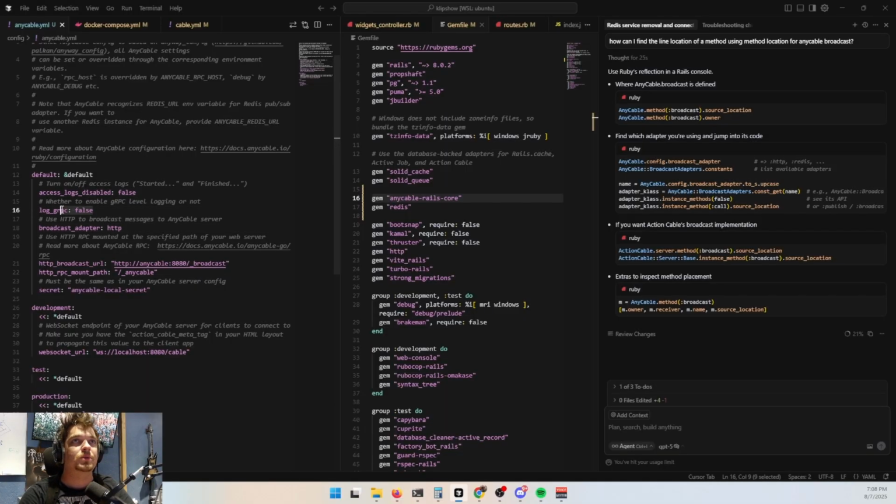I don't think this one matters. And then we had to specify the broadcast URL, and we're passing in the AnyCable hostname because this is going to run in the context of the web server. The web server can use the Docker hostname to be able to route it to that, and we had to specify that in order for it to work,